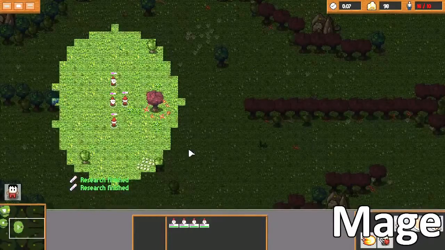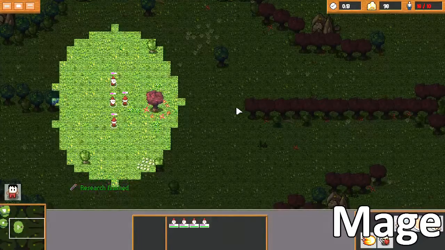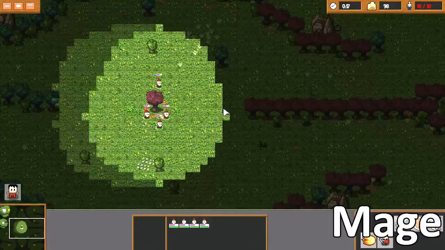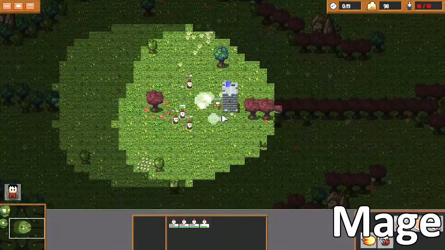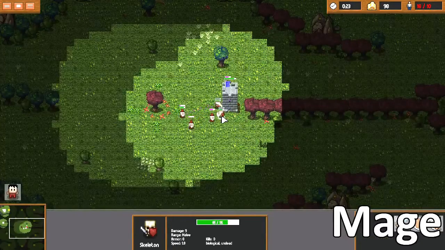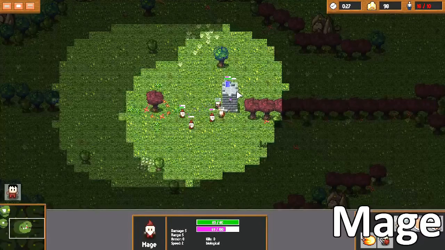The final unit in the war game is one we've already done a video on, the Mage. Now, the Mage also needs to have his upgrades to get his spells, but he comes with two very useful abilities. The first one is Summon Skeleton, which allows you to summon a melee unit at the target location where you cast it. And these can tank damage for you, as well as doing a lot of damage to things like